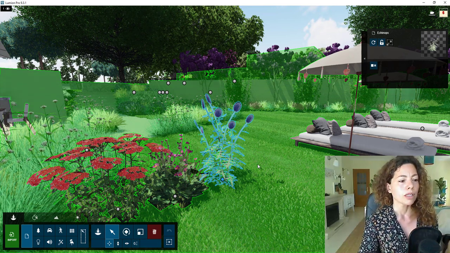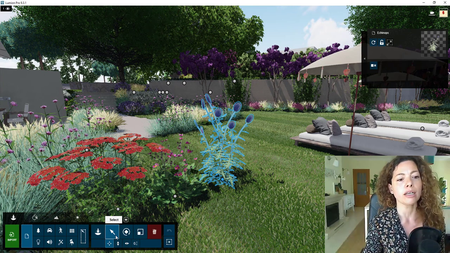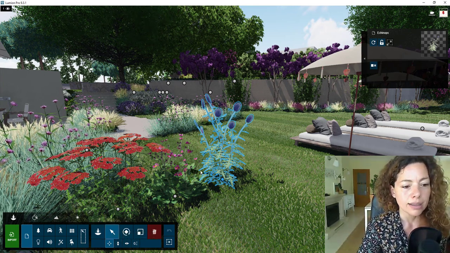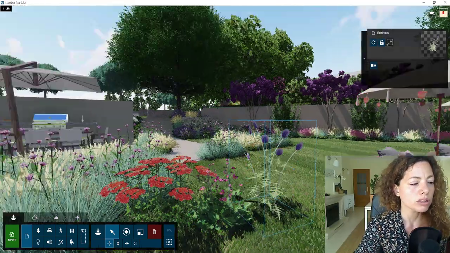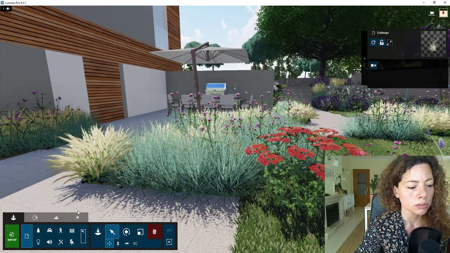Okay, so these are a few ways that you can diversify, and you have a lot of plants in the 3D warehouse. Okay, another thing sometimes you can do, and I do this with some shrubs, some trees sometimes,